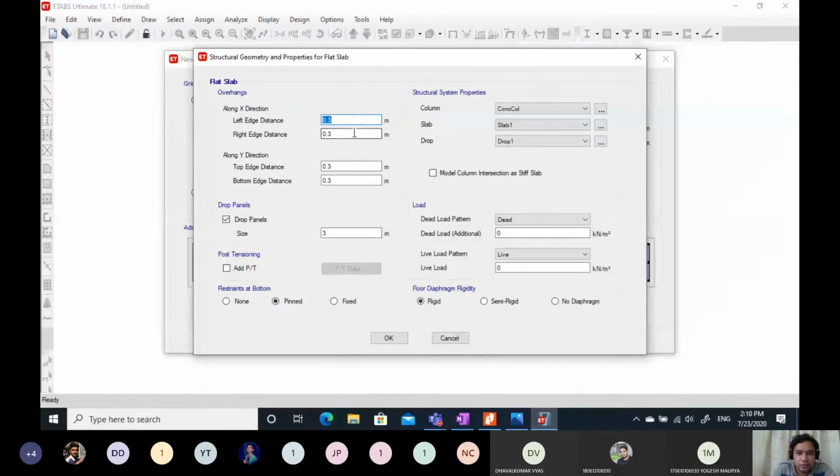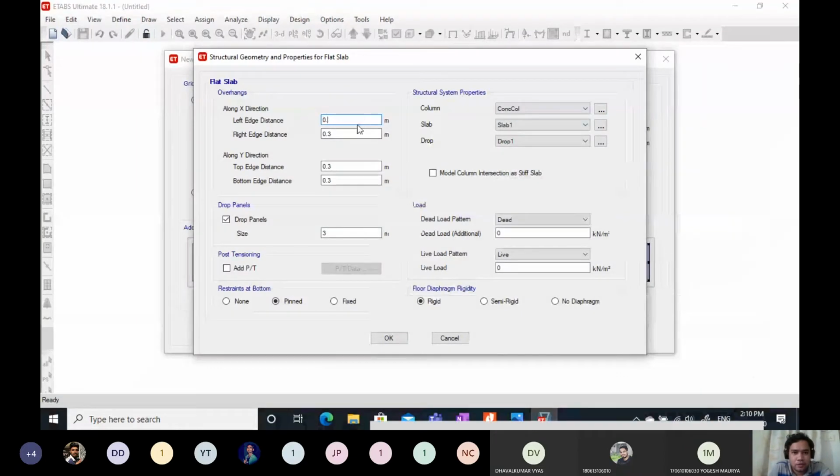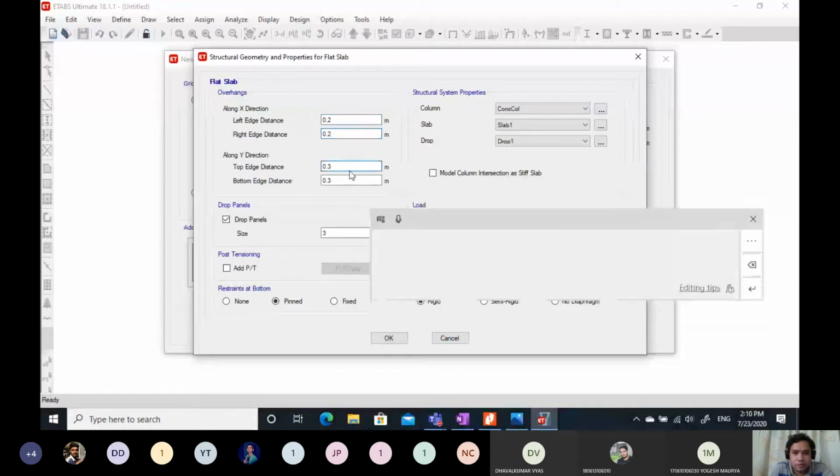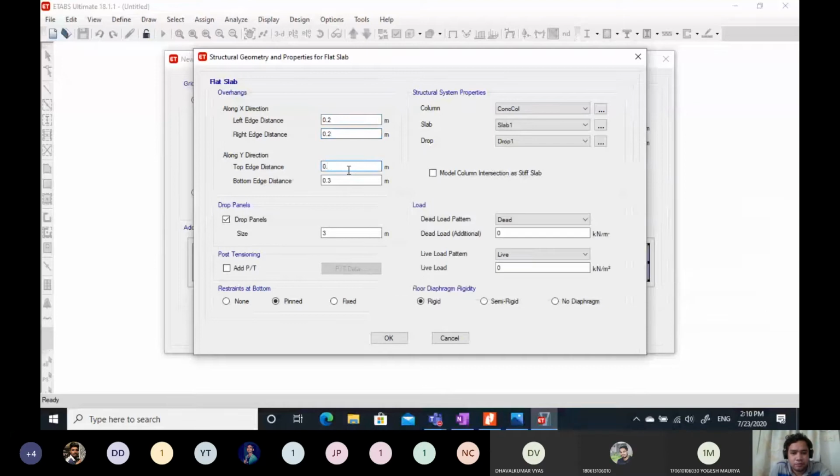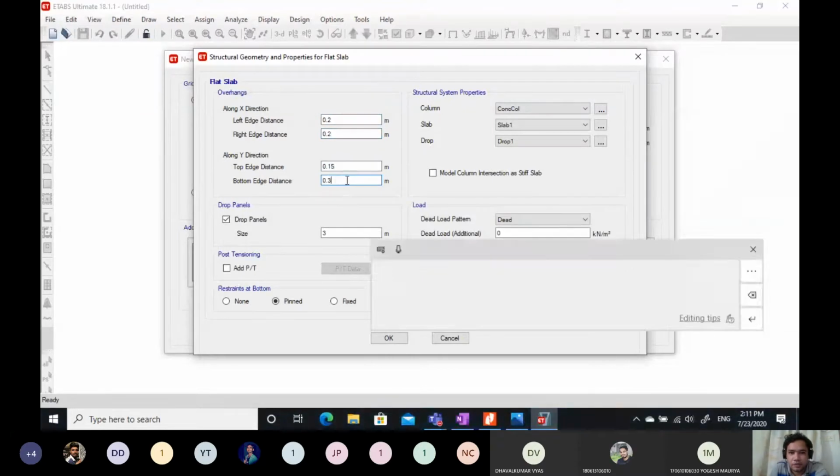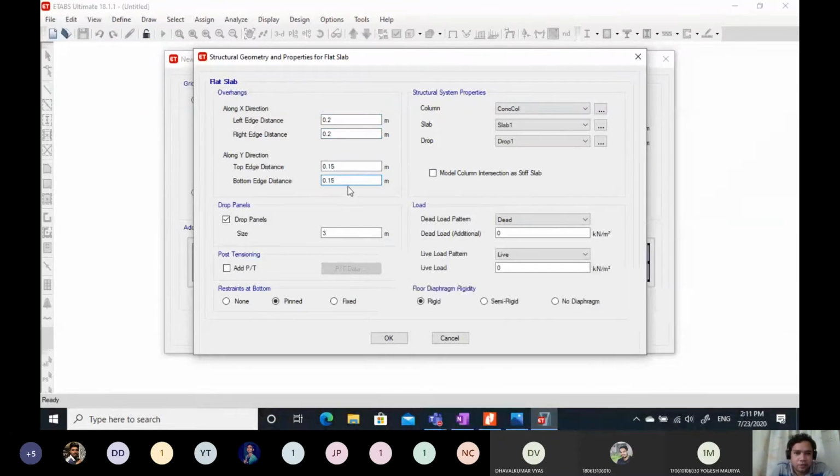So you can set this as 200, this as 200, this as 150, this as 150.